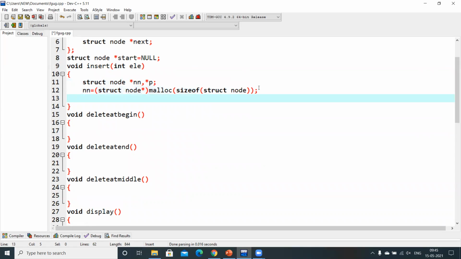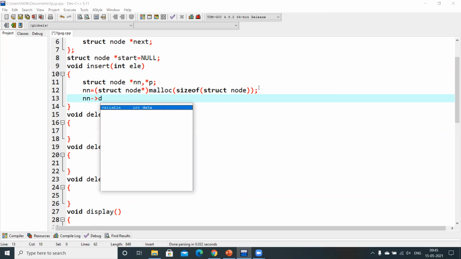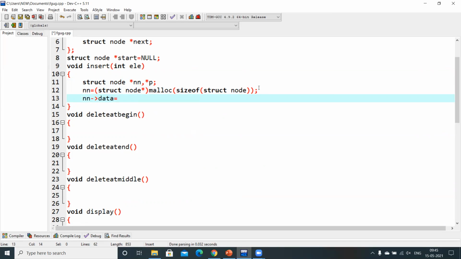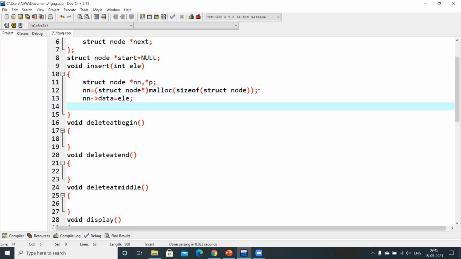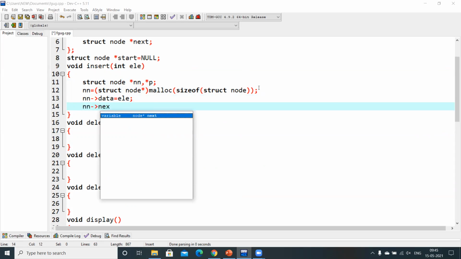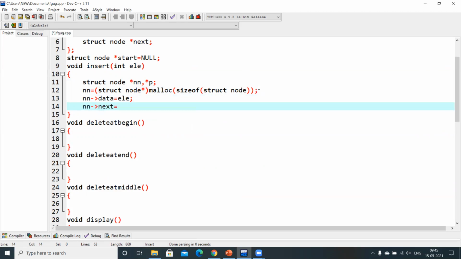A single node has been created, and inside that node I need to put the data, right? nn of data equal to the element I want to put, and nn of next is going to be the last node every time, so it will always be null.